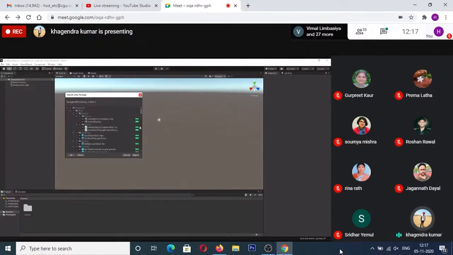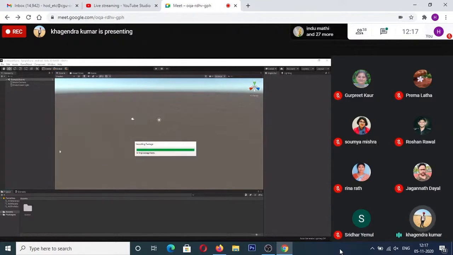Now there will be lots of options. If I'm importing it right now, it is showing me all the files that are there as new. But if I try to re-import it, you will see that, okay, let me import it first. Once it is done, I will re-import it, and you will see that only for the readme file it will say that it's new, but for all other files, it will say that it is being re-imported. So can you go ahead and try to import it?